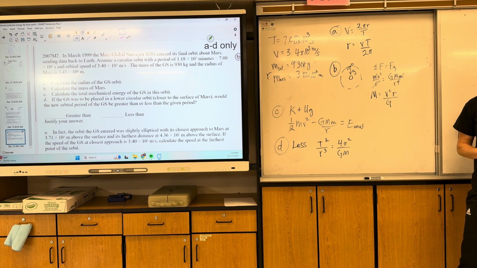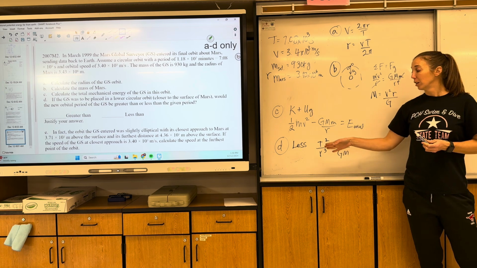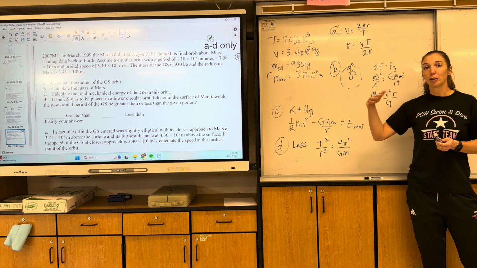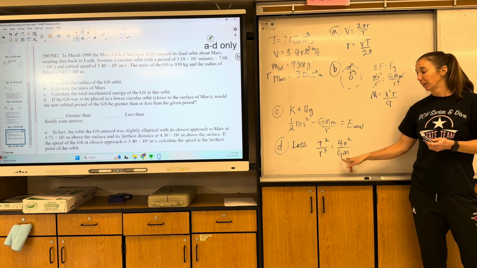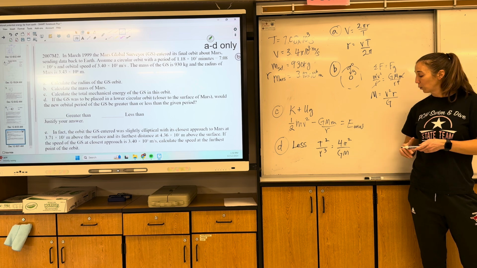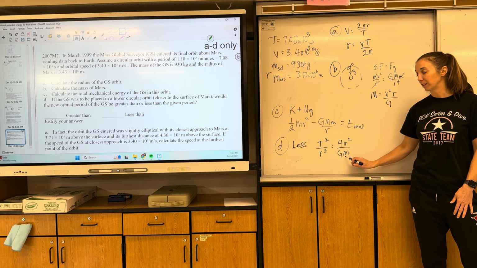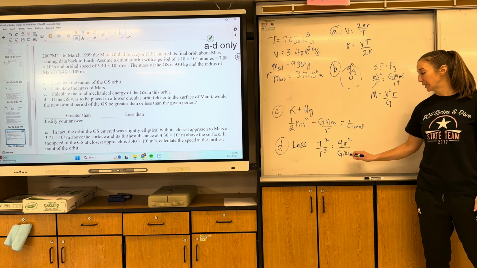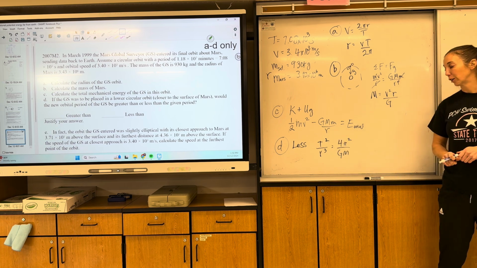And then anytime you use an equation to justify your answer, you have to address every other term in the equation. So G is a constant and mass of Mars is a constant. So those are all constants there. So if r goes down, period